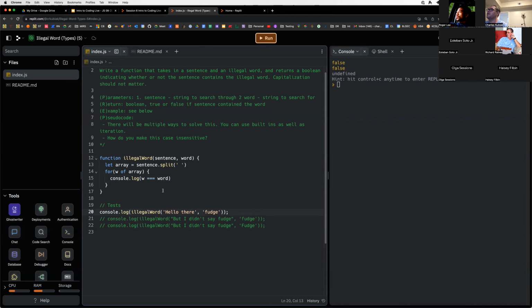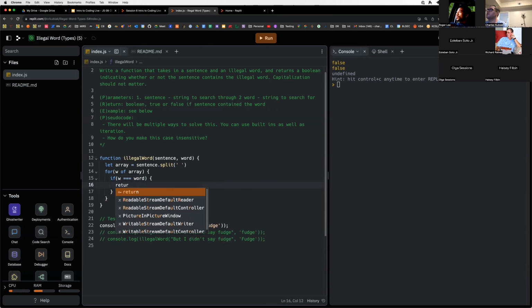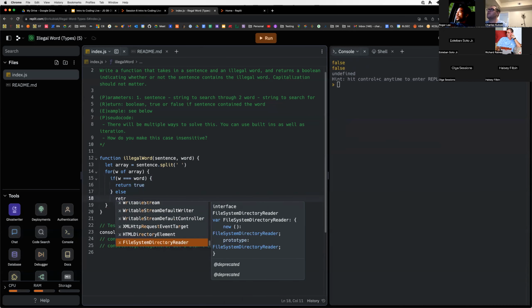All right, undefined. That's less confusing. So now we can do something like this. We can take this out of the console.log and we say if W is equal to word, return true. All right. Now we don't need an else with a return false in here, because if we did an else and then a